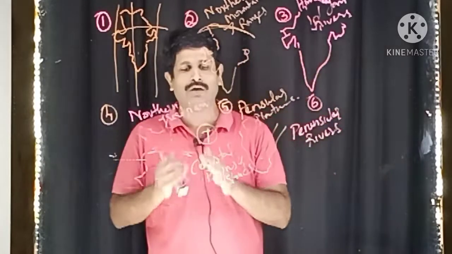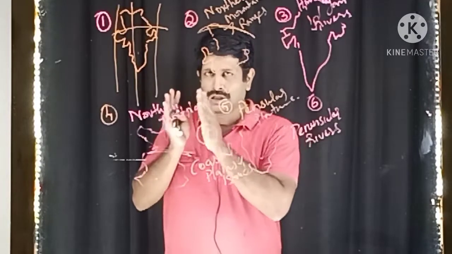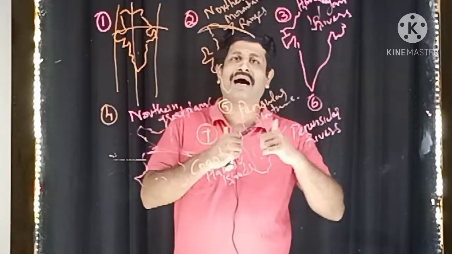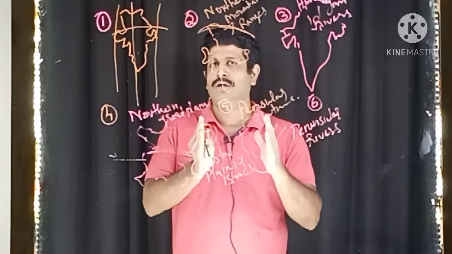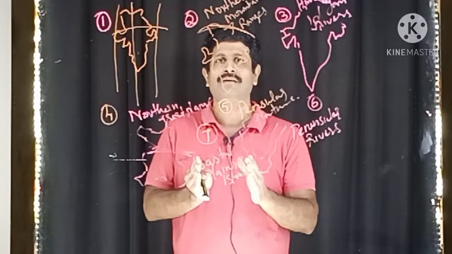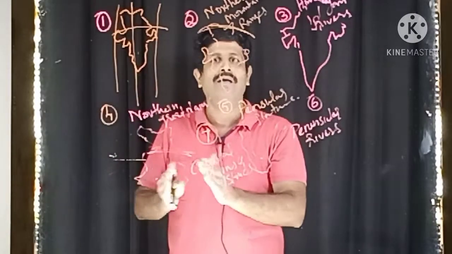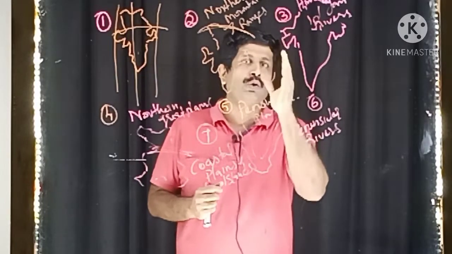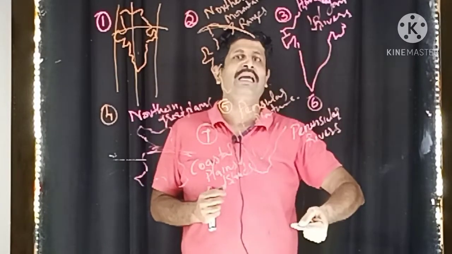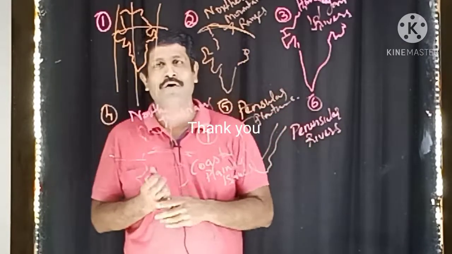And the last map you have to do is the seventh one, the coastal plains and islands: the Eastern Coastal Plain and the Western Coastal Plain, and the two islands. This is all about your map work for this chapter. On one side you had to draw the map colorfully, and on the other side you had to write the necessary information, the characteristics.